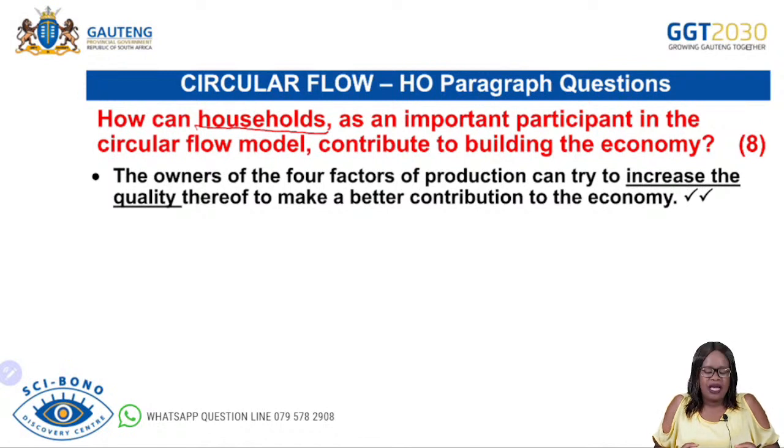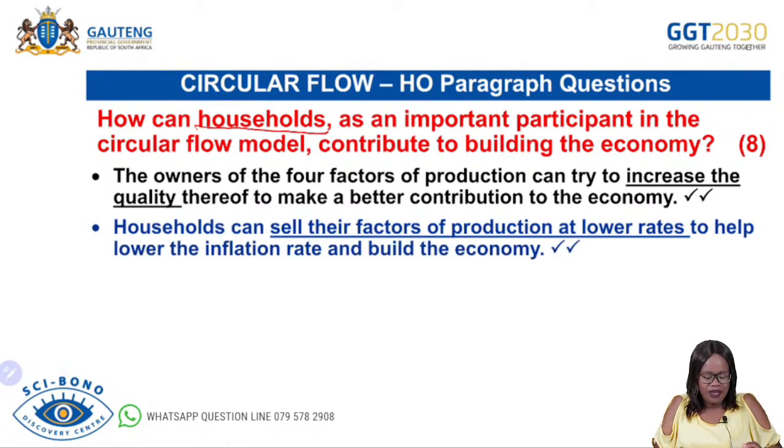Now, how is this going to help? It is going to ensure that these factors of production are bought more so that they have a better contribution to the economy. Also, households may sell their factors of production at lower rates. Now, when they sell them at lower rates, it is going to help lower inflation and therefore build the economy, because we know that when the prices are low, the demand is high. Therefore, when the prices for their factors of production are low, more of these factors are going to be demanded by the whole economy, and therefore it is going to lower the inflation rate,